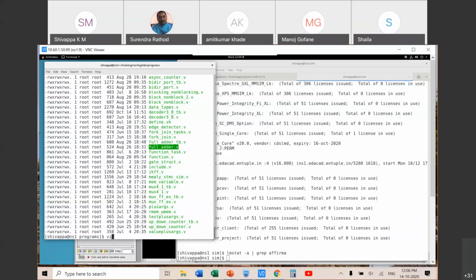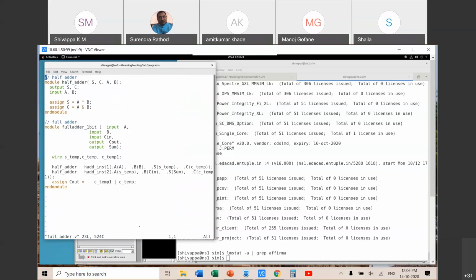So what is there in full adder? Anyway, right? Right, the same code what I had, the full adder code, and